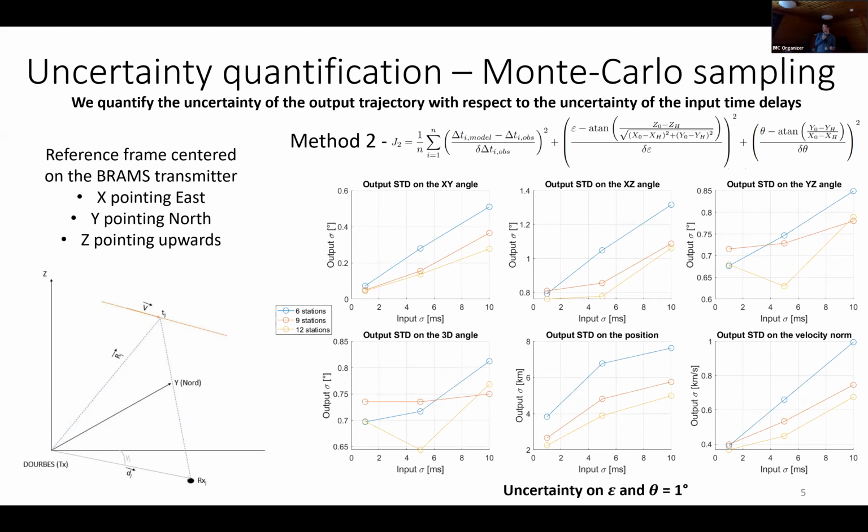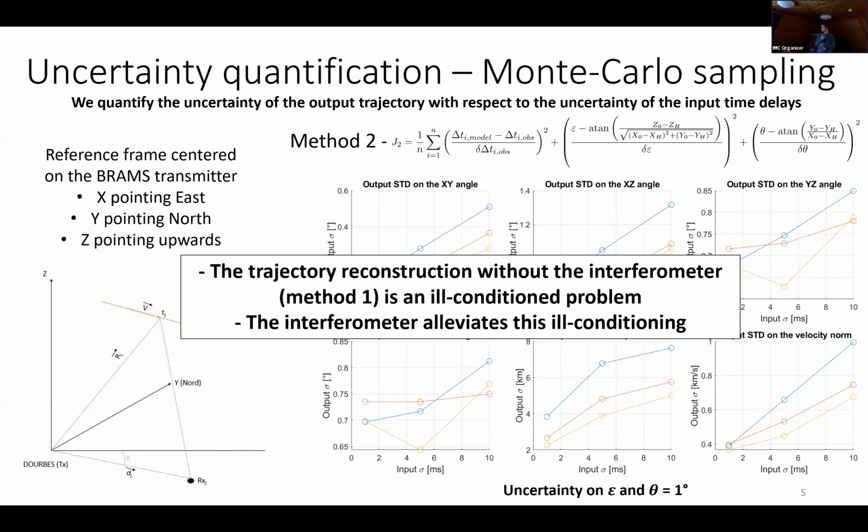With method 2, however, when we introduce the interferometric data, the problem becomes much easier. In that case, you see that now the scale is different. Now we have errors, even in the vertical directions, which are of the order of 1 degree, which is much more acceptable. The position is also much better, and the velocity now